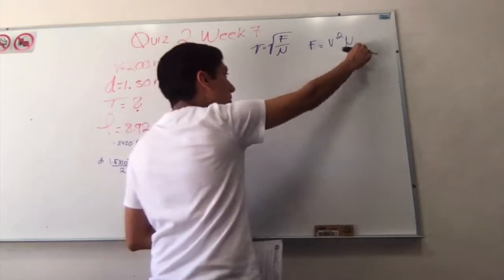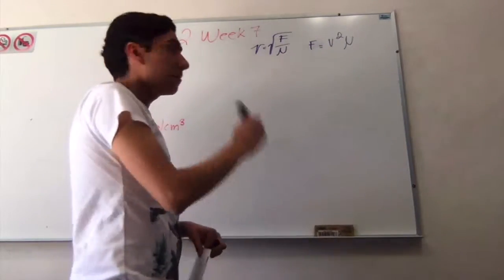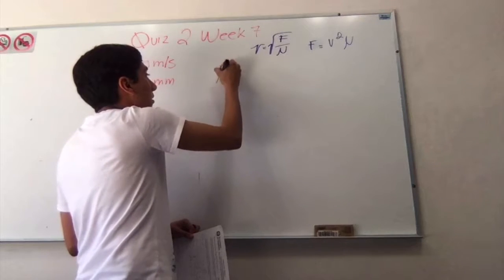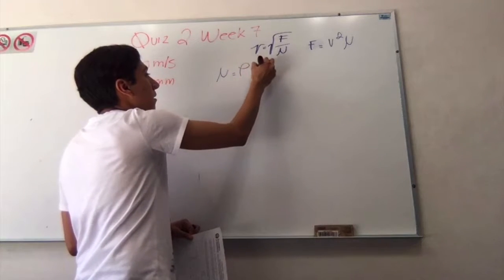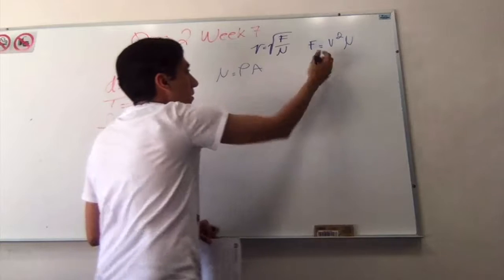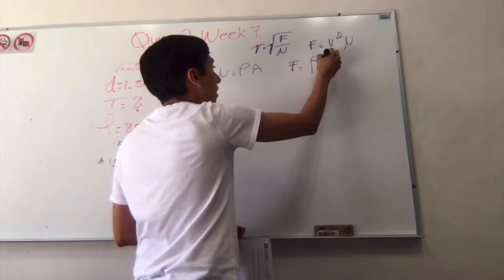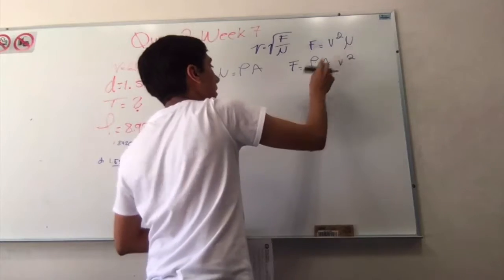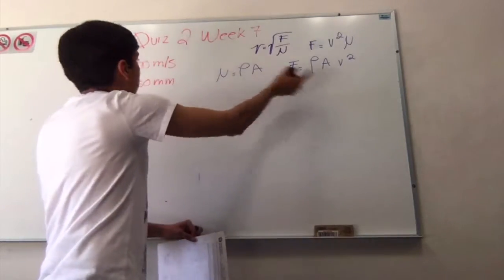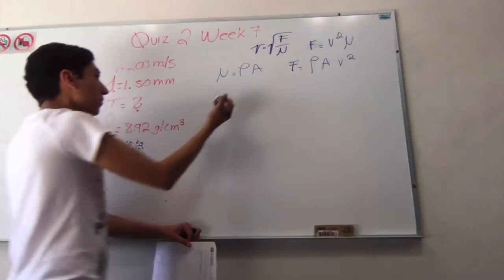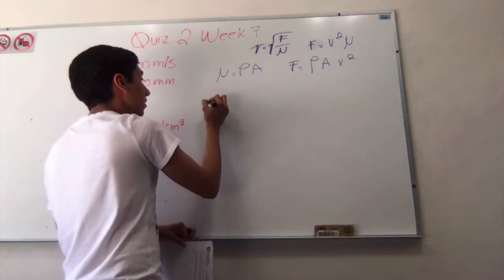We know that mu is equal to the density times the area. So mu is equal to density times the area, and we just substitute here. So we have density, area, and velocity squared. We already know, because the problem is giving it, that the density is 8.92. So we know that tension is